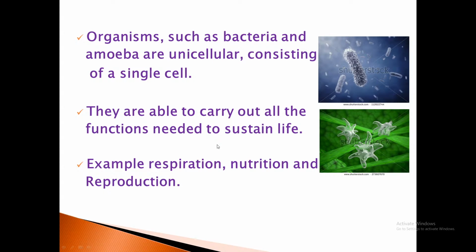So if you add up all of the red blood cells, white blood cells, the egg cell, the muscle cell, the nerve cell, you should get approximately 30 million. But unicellular organisms such as